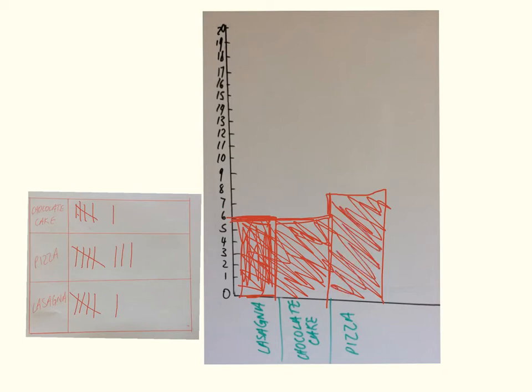Now I know that can be a little bit messy, as you can see, because my finger here, I can't actually use a ruler. But when you do your one, you would make sure that this would be done using a ruler. Okay, so we can see that now. Using the tally marks here, we've created our list. We know that chocolate cake, pizza, and lasagna were in our list. Okay, we put those down the bottom here: lasagna, chocolate cake, pizza. Once we've done that, we then put this data that we found